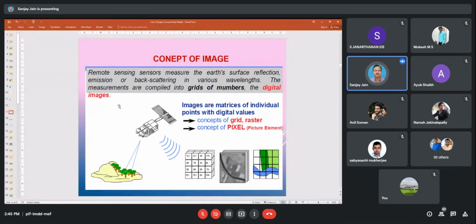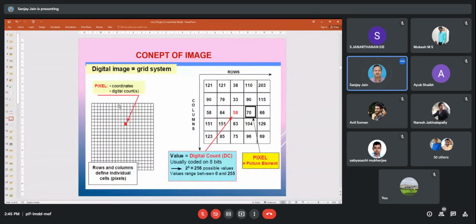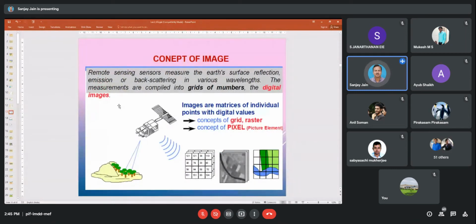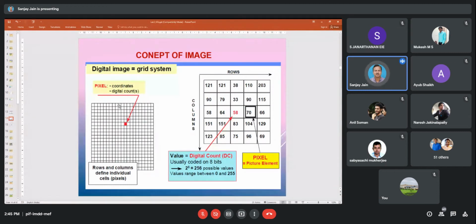All the raster data, if you zoom in, you can see that it is in grid form. But if you are displaying a very large area on a screen, you cannot see it in a grid form. If you zoom it, you can see that the same data is in the form of grid. As I have said, each grid is represented by a number. Therefore, for most of the analysis in hydrology in which we are using remote sensing, we prefer raster based GIS, though we can interchange raster to vector and vector to raster easily.